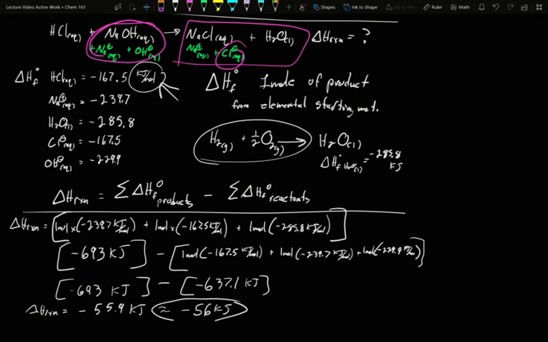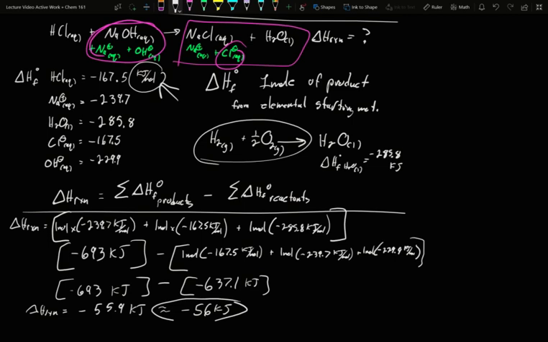If you have the delta H of formations for each of the chemicals in your target reaction, you can simply sum all of the products and then subtract the sum of all of the reactants. This will also give you the delta H of your reaction. This is often far easier than a regular Hess law. If you have the chemicals and can do this, this is a very effective means for calculating out the enthalpy